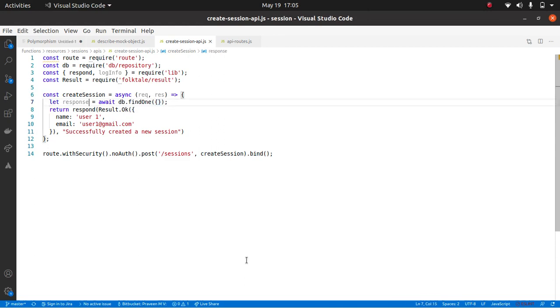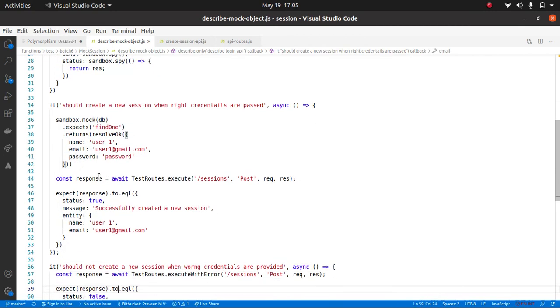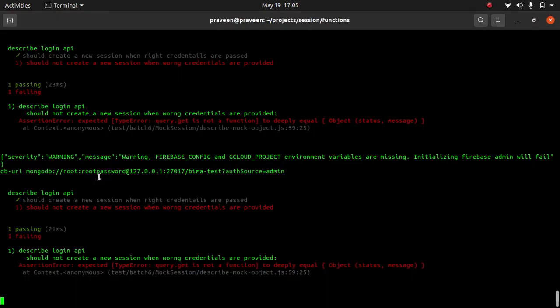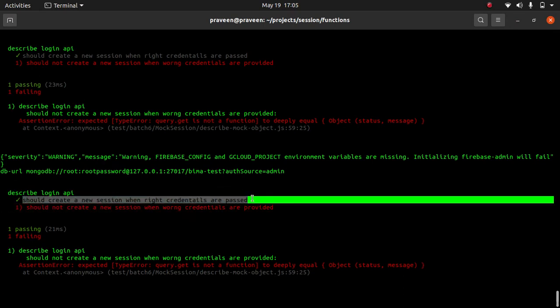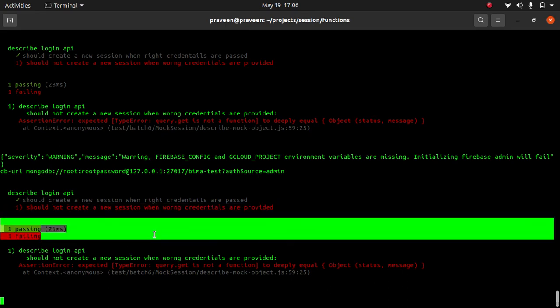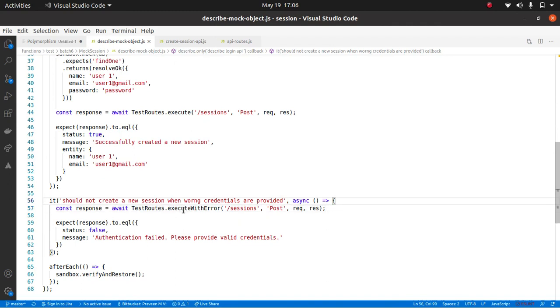And in that second test case, right? In the first test case, I mocked it. I basically told don't call the actual database and return this object back. But in the second test case, I have not mocked it. So it is actually trying to make an actual database call. And that time it's trying to get the query, but it is failing. If you see, the first test case passed. There also again we have not passed the query, correct? But still it passed. That is because it's a mock object. But in the second test case it didn't pass because we have not mocked it. So if you look here, the database is not mocked.